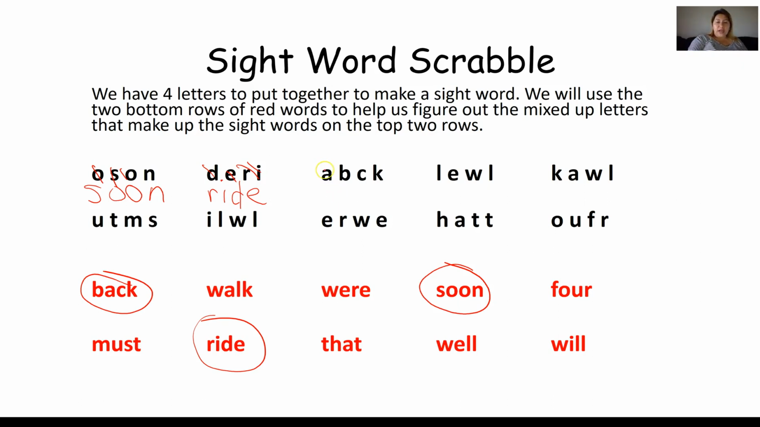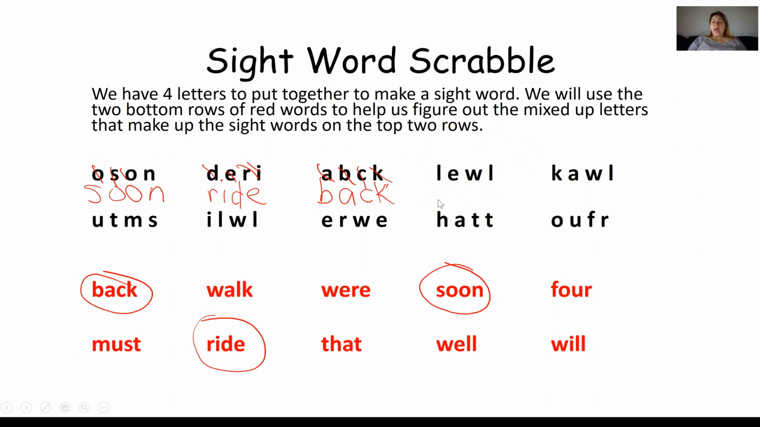Okay, so the first letter I have is a B. Cross it out. Then I have an A. Cross it out. Then I have a C. Cross it out. And last I have a K. Cross it out. What sight word is that, boys and girls? Back. Good job. Okay. Next we have